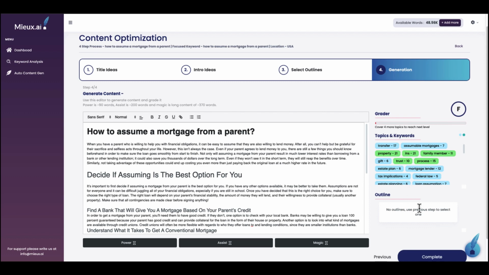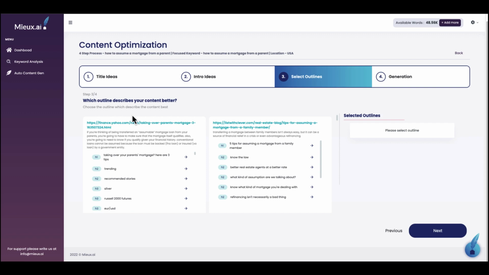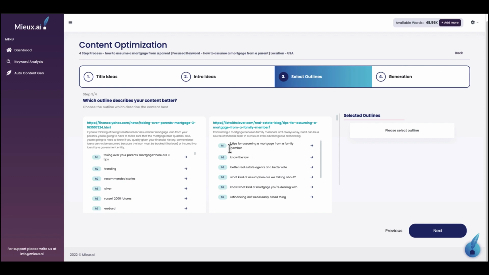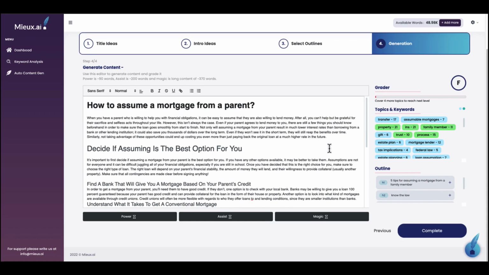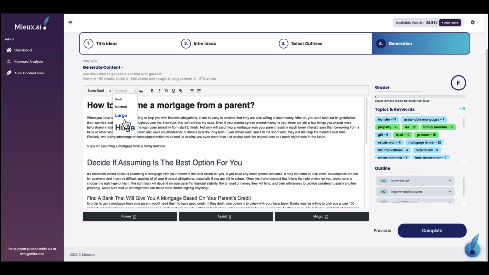We have that outline. So if we want to set up an outline, we have to go to the previous step. And looking at these other sites, it's pulling in some ideas. Say if we wanted to do this from scratch, I just want to use an article we already had written, but say we want to start from scratch, we can just select an outline, select some ideas here and add them to get just a basic outline. And then we go next, and then it's added here. So it kind of gives us our basic outline. Say I want to add this here. All right, 5 tips. You can put that in there.